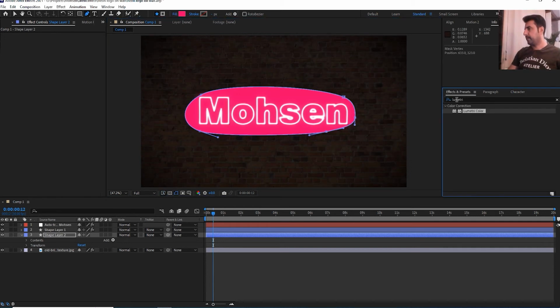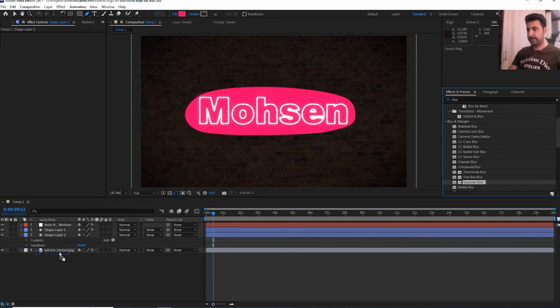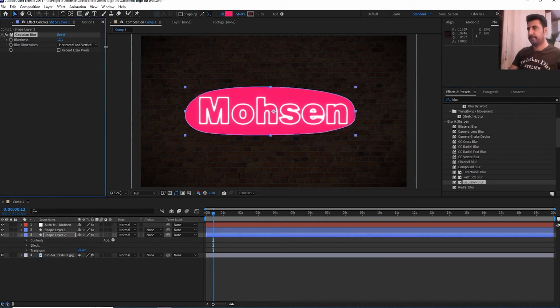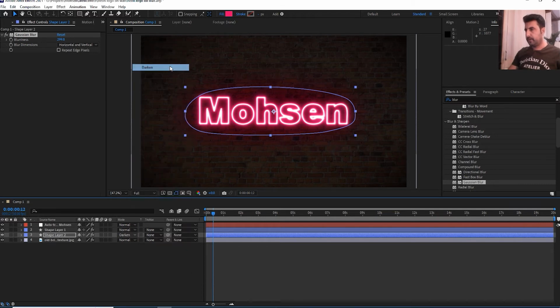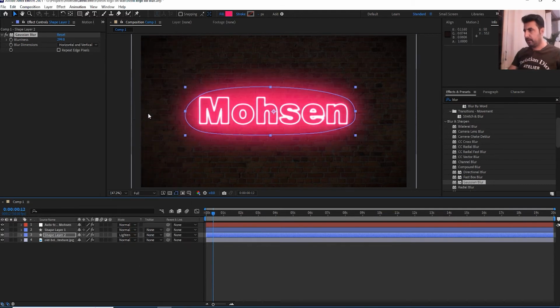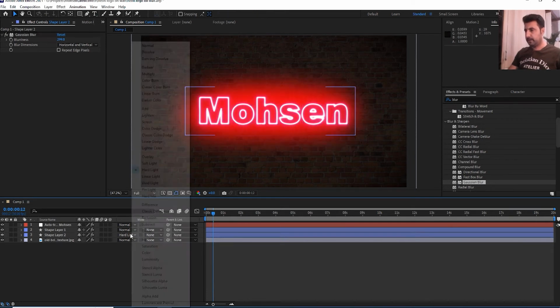Okay. Add blur effect. Gaussian blur. And go to mode and change mode to overlay, or test this items, screen, soft light, hard light,